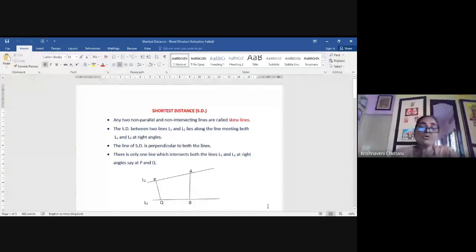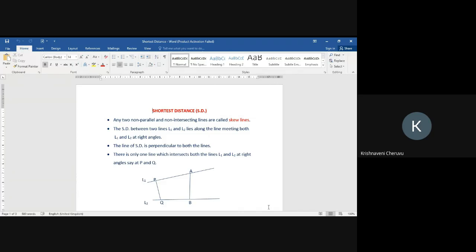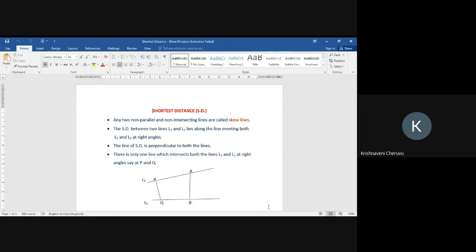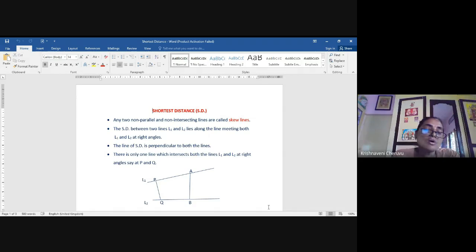We have already seen these problems are very important. About 90% of the time they were given for essays, and sometimes they may be asked for short answers also. So these problems are very important. You will get them either for short answers or long answers in semester examinations. We have done enough revision on this, and let us now begin with the definition or the actual meaning of shortest distance between two lines.